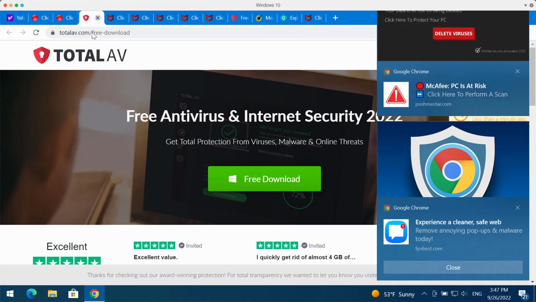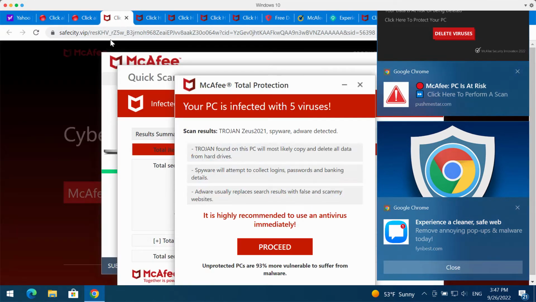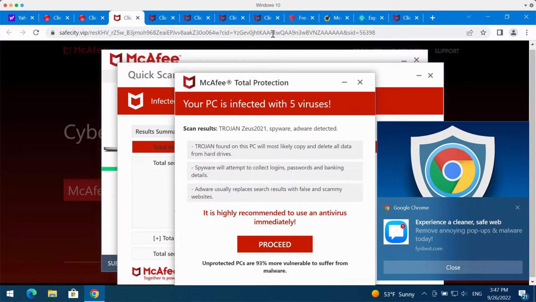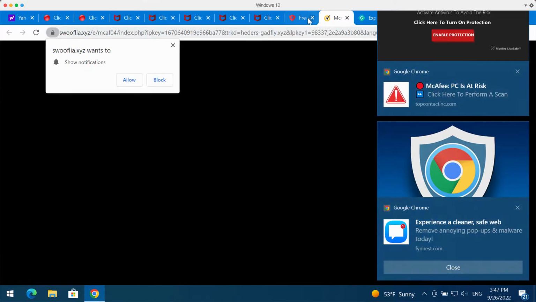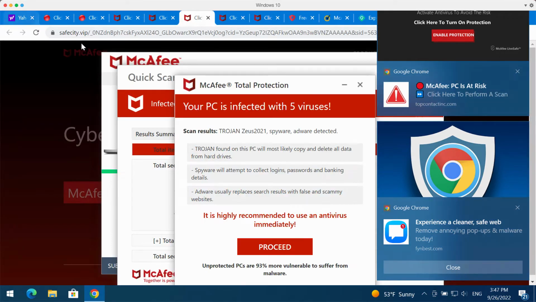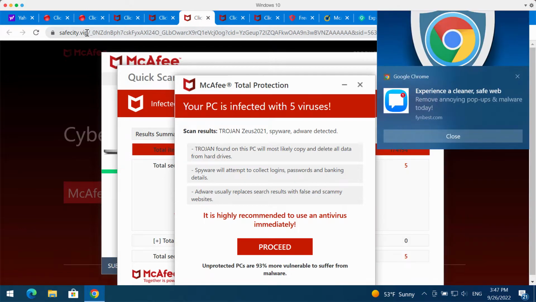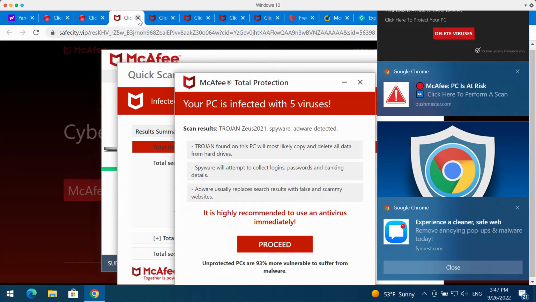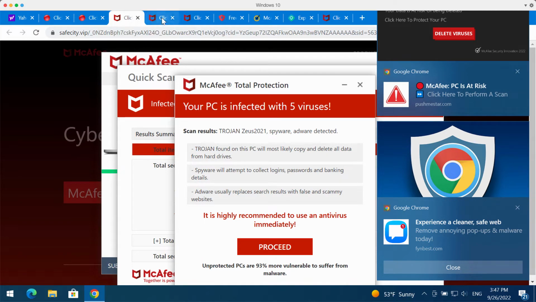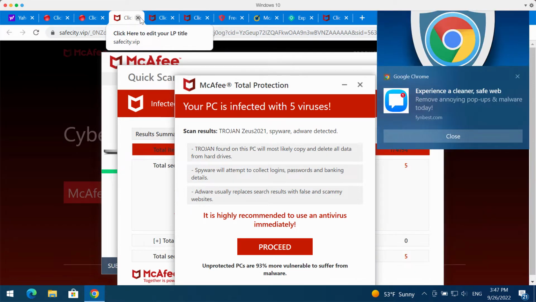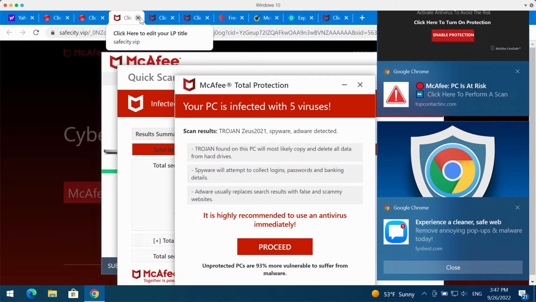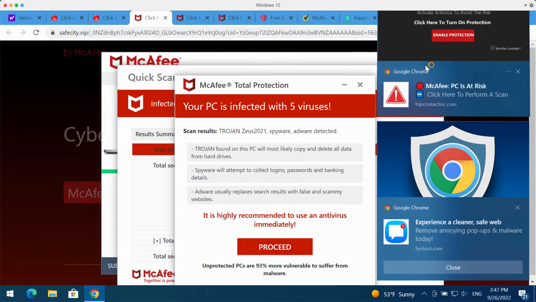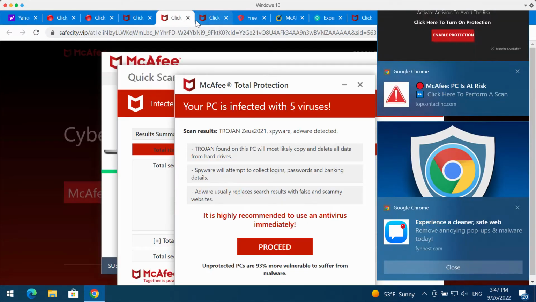This pop-up claims to be some way or another related to the well-known security application, but the truth is that Safecity.vip is a deceptive website. It is not related to any decent security program. Instead, there are some hackers who stand behind them. They try to make you scared about the condition of your computer in order to make you download and install